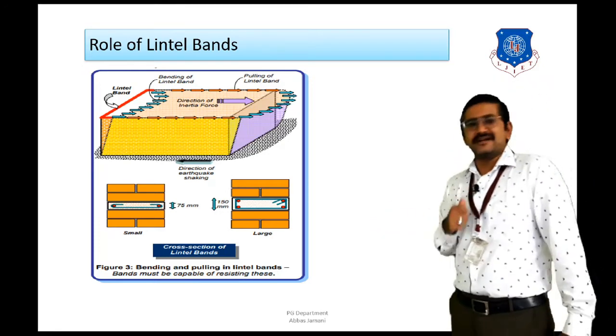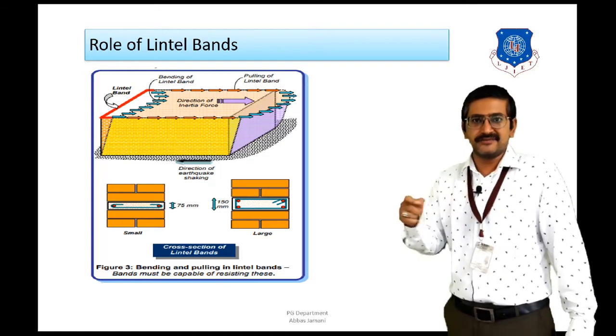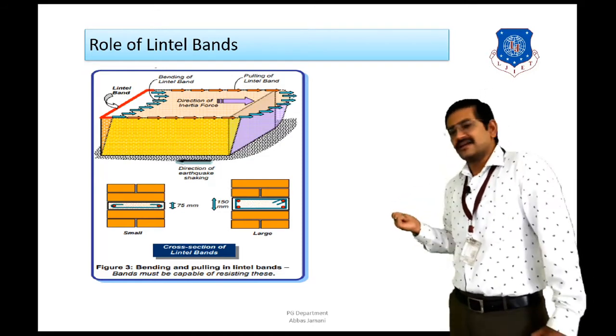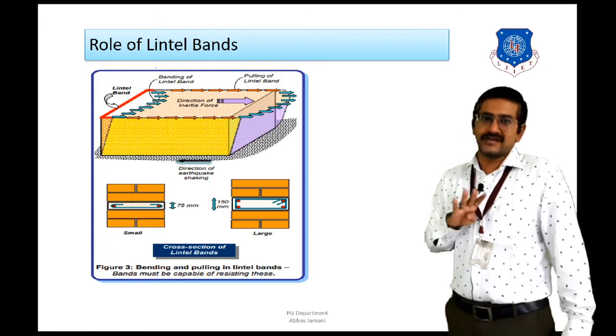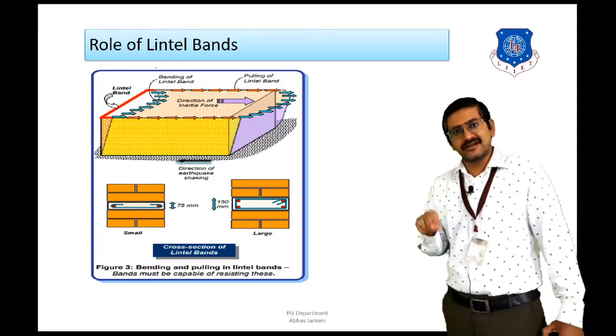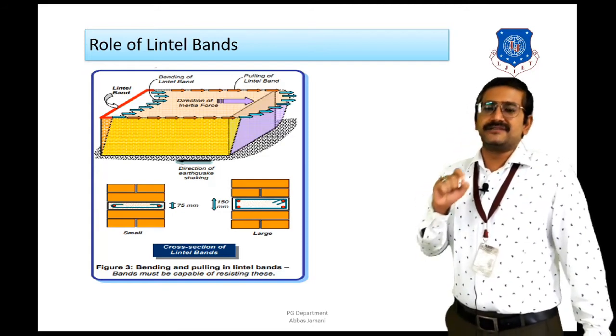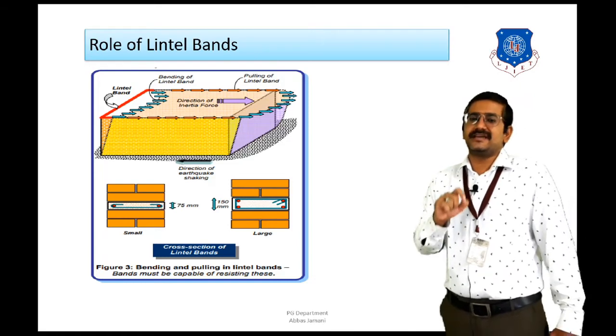However, in case of 75 mm thickness, we can see that only 2 reinforcing bars are provided and they are connected by means of links. And if the thickness is 150 mm or more, then 4 reinforcing bars, 2 at top and 2 at bottom, are to be provided, and these 4 bars are to be connected by means of a ring that is shown, and the detailing of this ring has to be as per IS 4326.